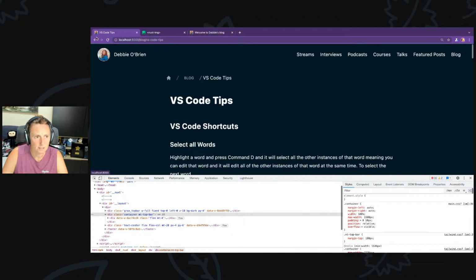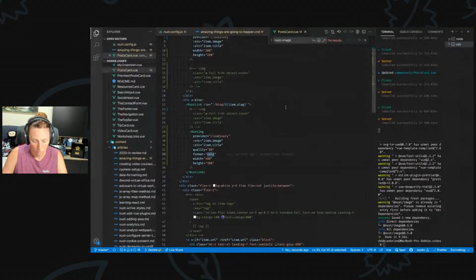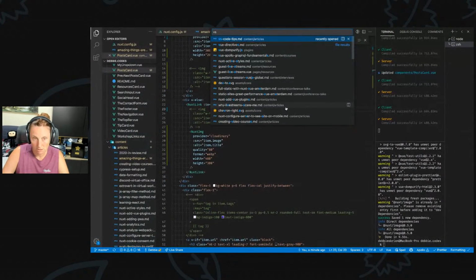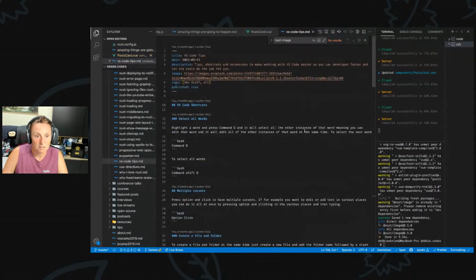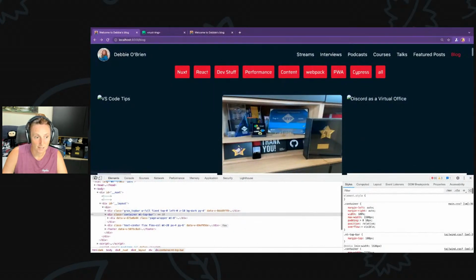Next. Oh, why did I do that? So this image isn't working. VS Code tips. So let's try and get that working. VS Code tips. And this page, this one is actually coming from Unsplash, right? So this is not going to work for me because it's going to try and add the Cloudinary provider to the image, right? So if I look at this image to see why it's not working,